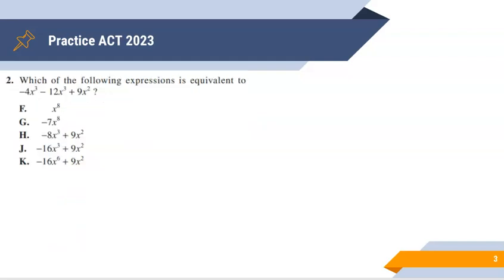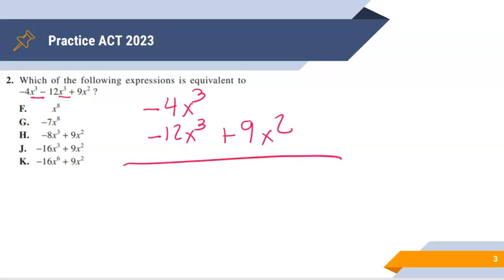Okay, question number 2. They want to know what is this equivalent to? But remember, we can only add things together with the same variable and exponent. So what I might do is line up the x to the thirds. So when I add these up, I get negative 16x. Now if I look at this, I can safely eliminate those 3 because they do not have a negative